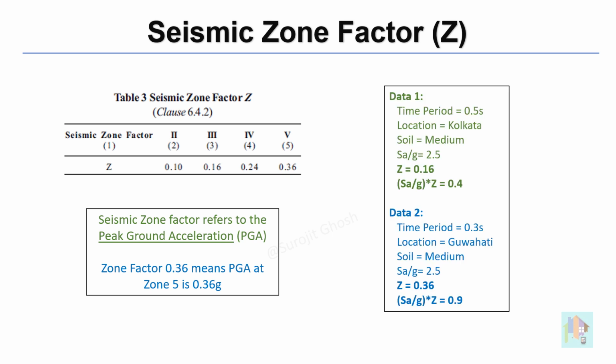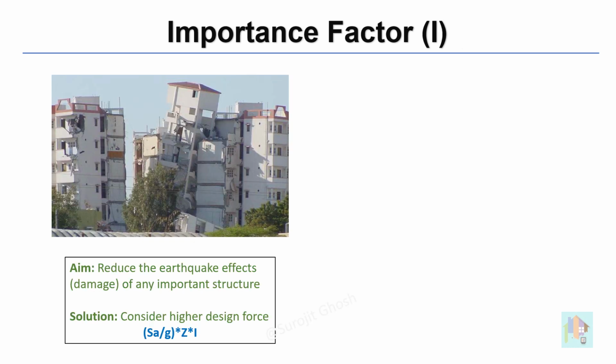Using this factor, we magnify the SA/G value and seismic force in different zones. For example, the PGA of Zone 5 is 3.6 times more than seismic Zone 2, and all forces are accordingly multiplied with this factor. During seismic design, we assume that the structure will undergo some damage during a strong earthquake, and